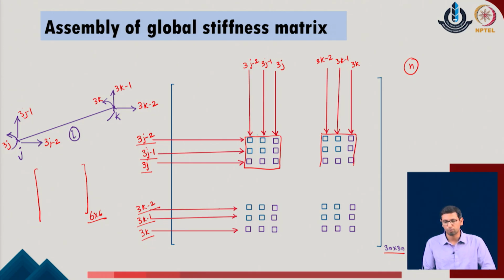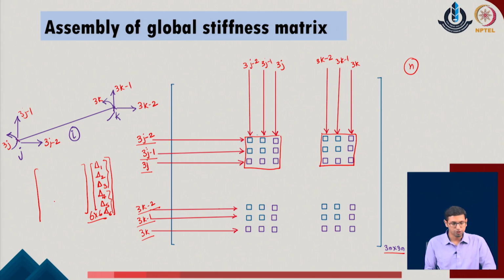So, these are the subcomponents of the stiffness matrix, which means that when we define the stiffness matrix for the given member I, we located it in the order of these 3 degrees of freedom at the node j and 3 degrees of freedom at the node k of the given system, which means that this was delta 1, delta 2, delta 3, delta 4, 5 and 6 of the given system, where 1 to 3 was located with respect to the position of the joint j and 4 to 6 was located with respect to the position of the joint k in the given system.